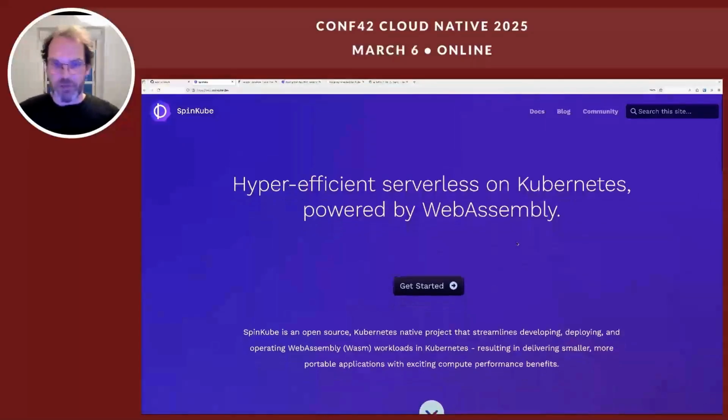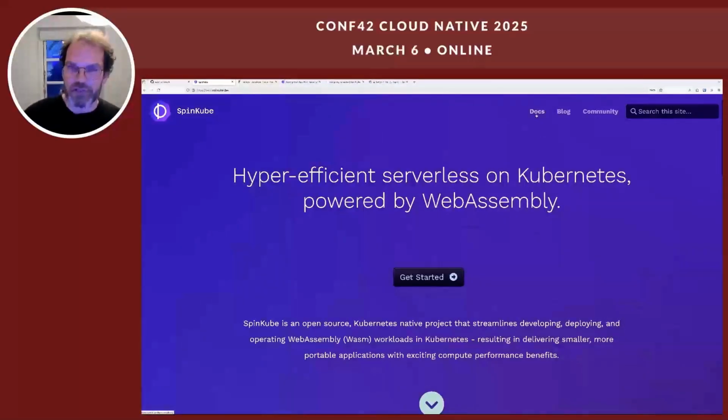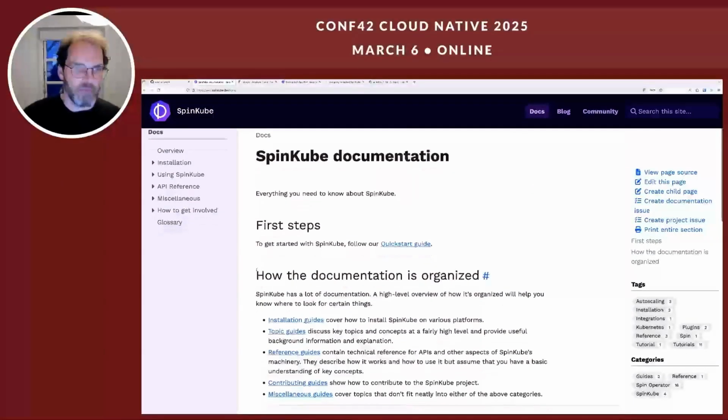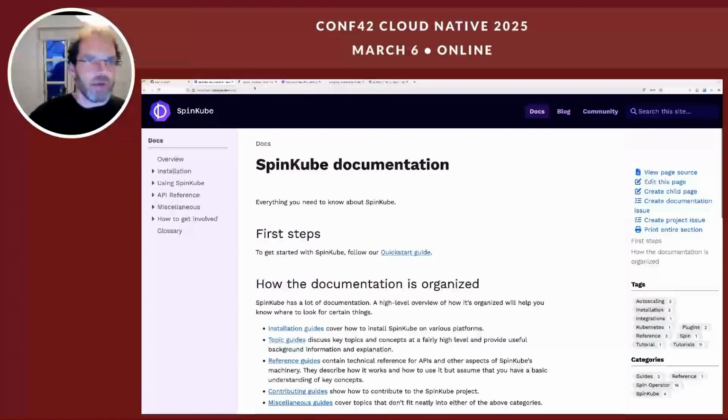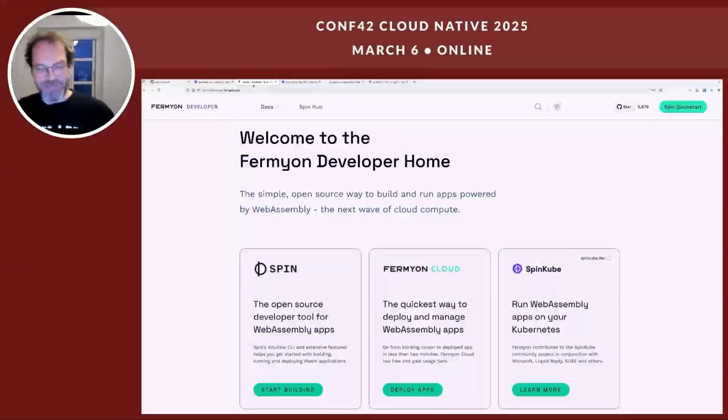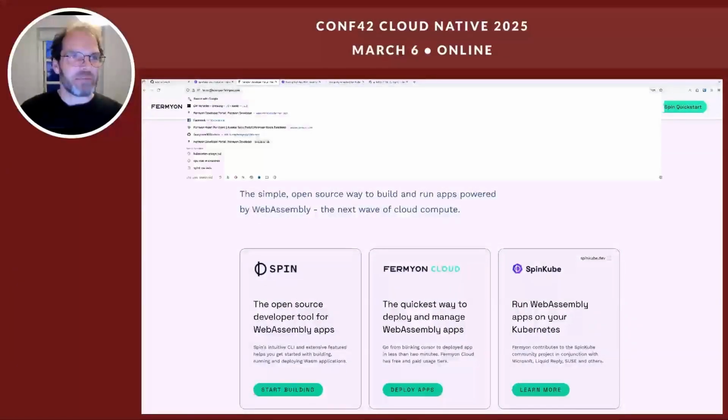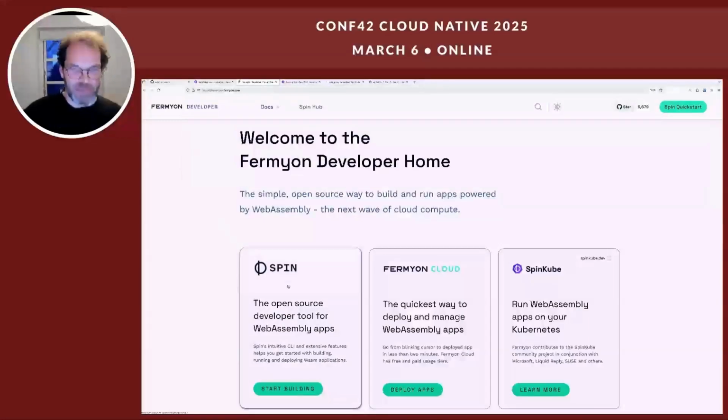So basically the SpinCube dev site contains all the documentation you would need. There are a few blog posts in here as well for certain scenarios, and we'll get back to some of these as we walk through building an application with SpinCube. When you need to build an application with SpinCube, you need to go to developer.fermyon.com for now, which is where the Spin applications